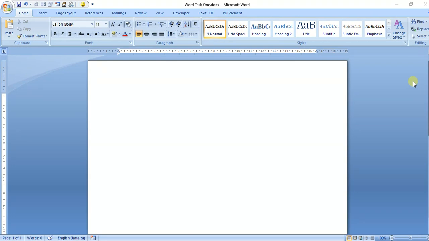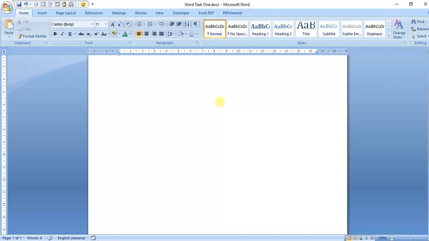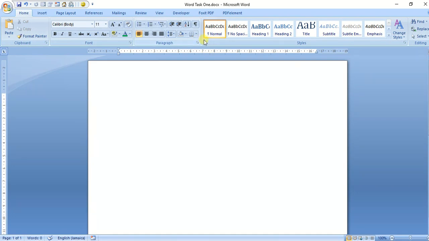Now today we'll be moving on. We'll be adding some text into our worksheet, continuing from what we did last tutorial. And remember, we did save the last tutorial as Word Task 1, and I did emphasize that whenever you see .docx, that should point out to you that you are using a Microsoft Word document. Now I'm going to copy some text from the internet